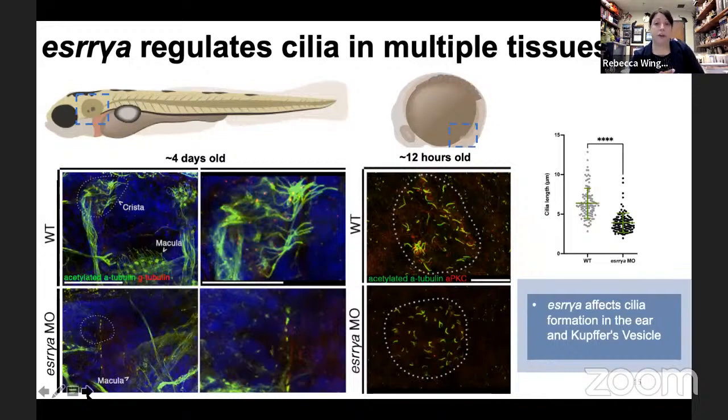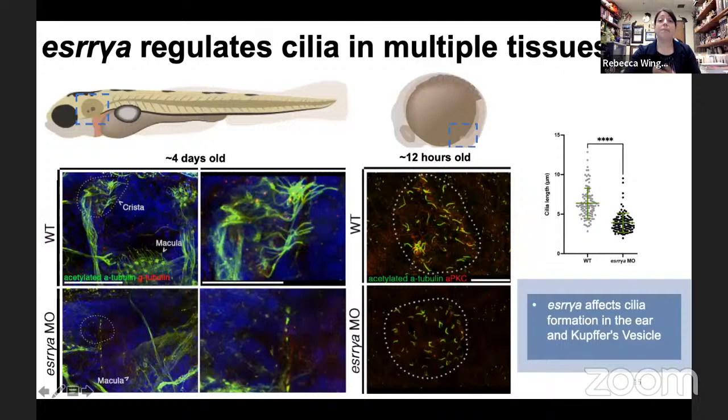Okay, so our next question, or challenge, is figuring out how this gene fits into the bigger picture of the genetics of how cilia are made, or how cells are making choices in development to form one or more cilia. We wanted to figure out where this gene fits in. And what occurred to us as Hannah was making all these observations is that all the things she was noticing, from the very beginning, where we saw pericardial edema, all the way to seeing defects in cilia in